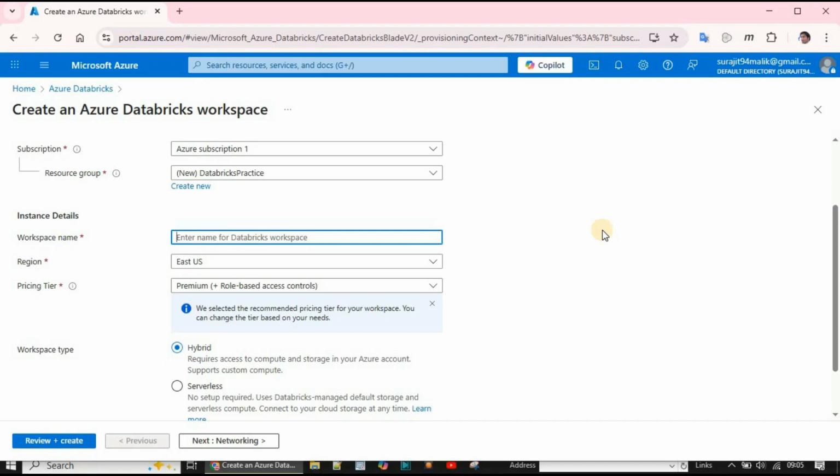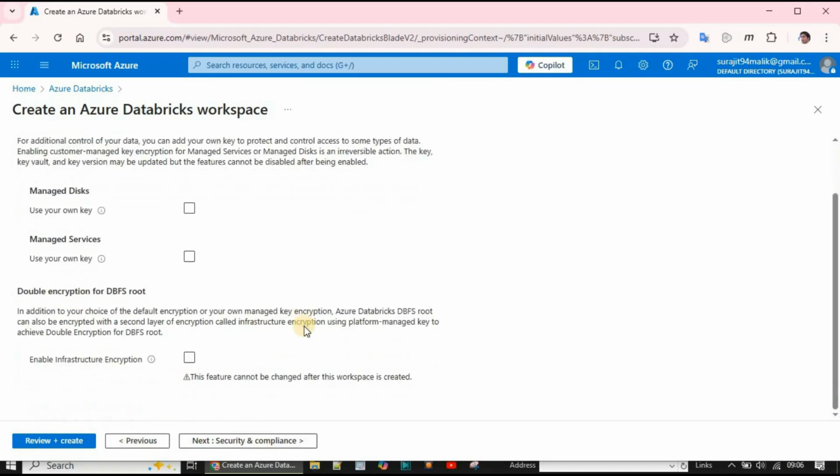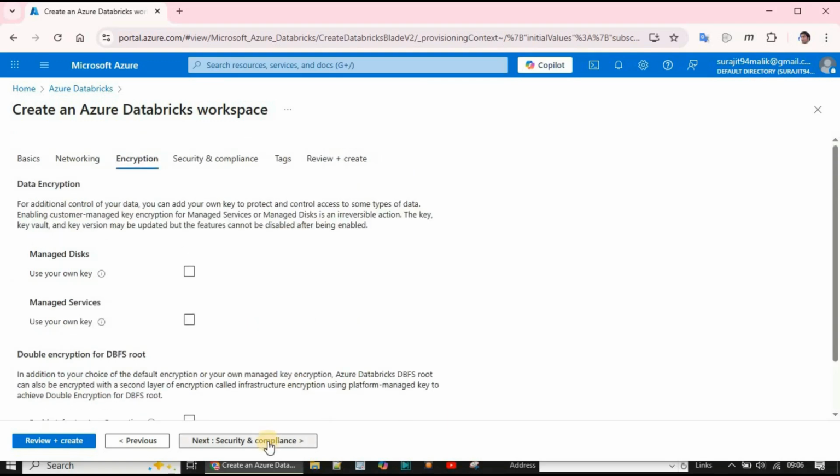I will put the workspace name. And the region I will keep the same. Pricing tier I will keep premium because we need the role-based access features. And the other things I will keep as they are,